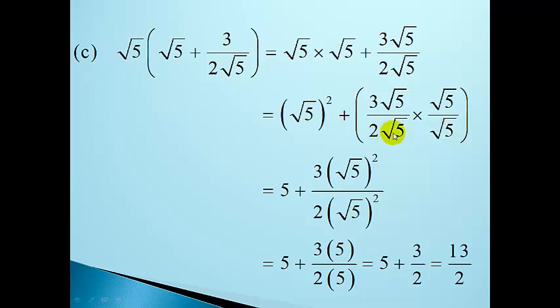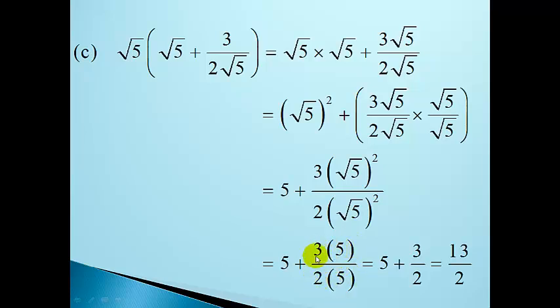So 2 times root 5 times root 5 will be equal to 2 times root 5 all squared. Now when the square cancels the square root, we are left with 5. And so 3 times 5 will give us 15, and 2 times 5 will give us 10. It's either you multiply 3 by 5 and divide by 2 by 5, or 5 cancels 5 and you are left with